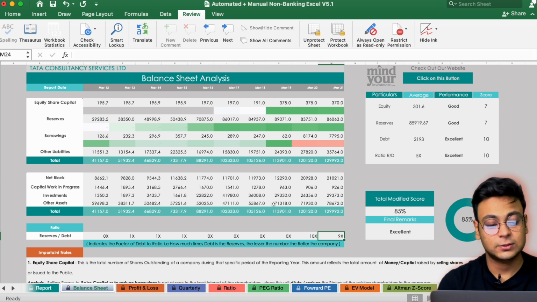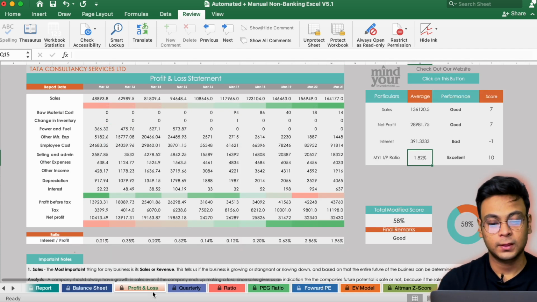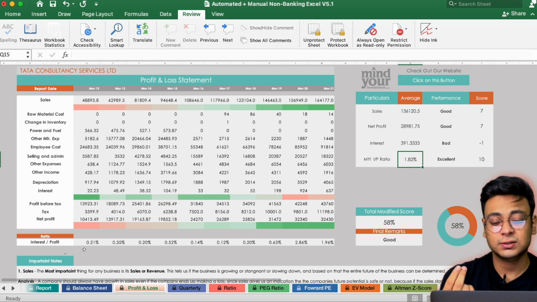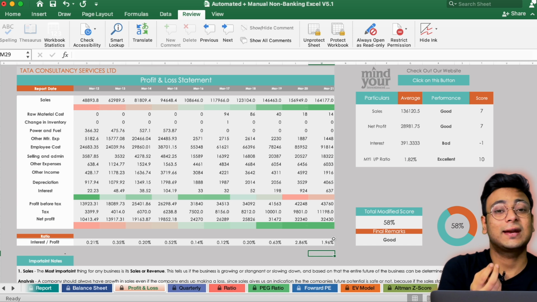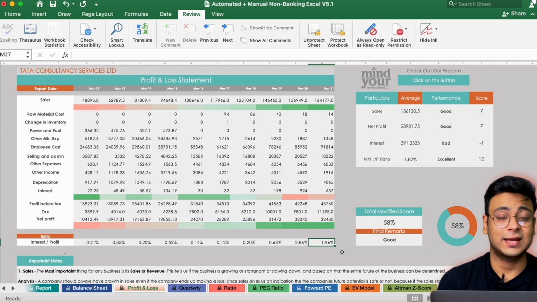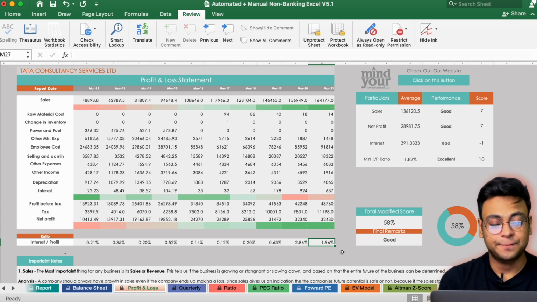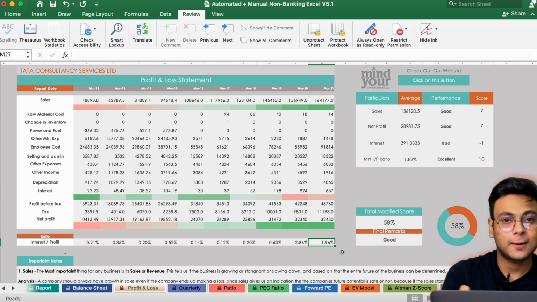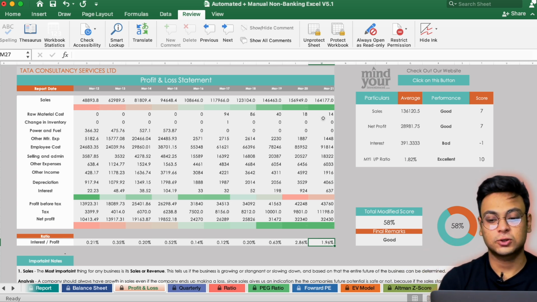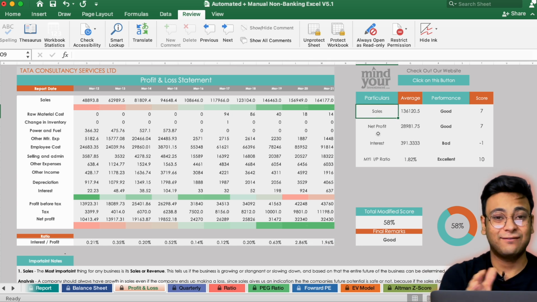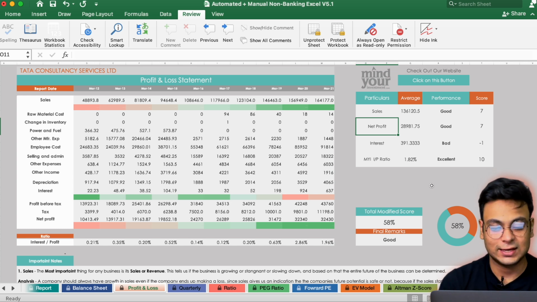Now, if you look at the company's profit and loss statement, here we look at the interest to profit ratio. Here we can see that the company's interest to profit ratio in 2021 is only 1.96%, almost 2%. That is very low. Again, a very good sign for the company. Although in the Excel sheet there are other parameters that you can see, like the sales score, the net profit score. There is a score given for everything over here, but I'm just covering the basic part about the Excel sheet.